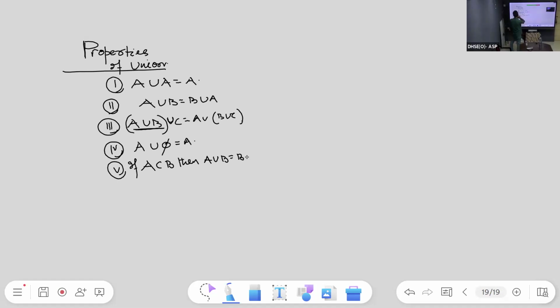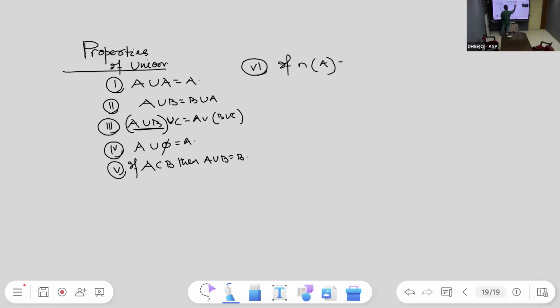If A is a subset of B, then A union B is equal to B. Property 6: if the cardinality of A is equal to M, the number of elements in set A is M, and the number of elements in set B is N,